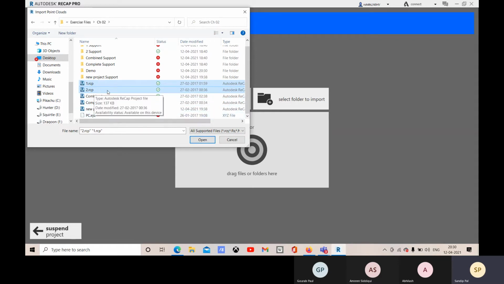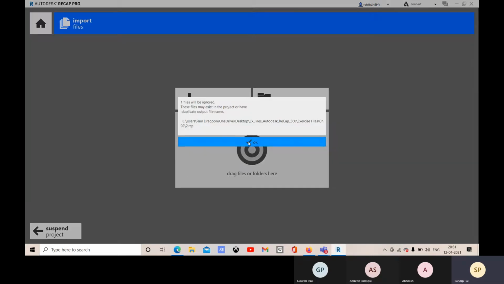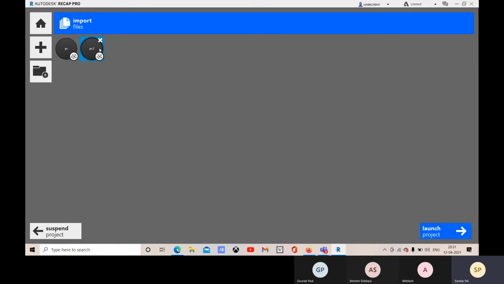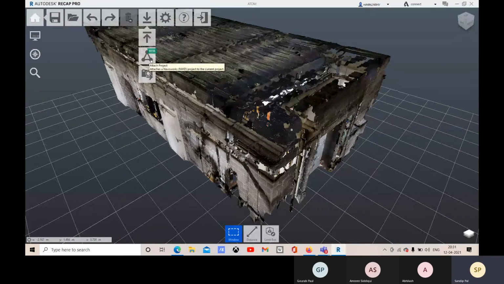So .rcp is the file type for Recap. Let me select and open, and you open it. So these two are selected right now, and launch this project. Okay, now you have this import option here also, and some more options.